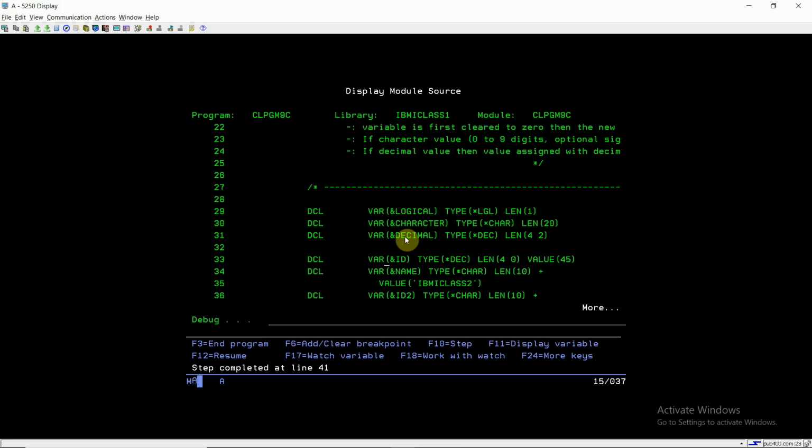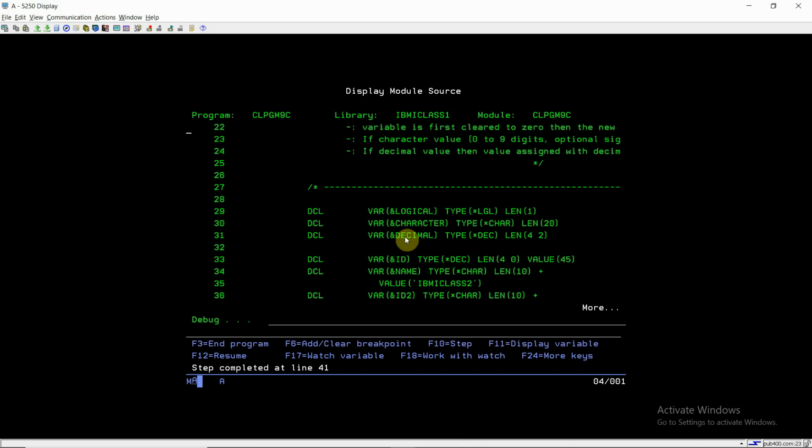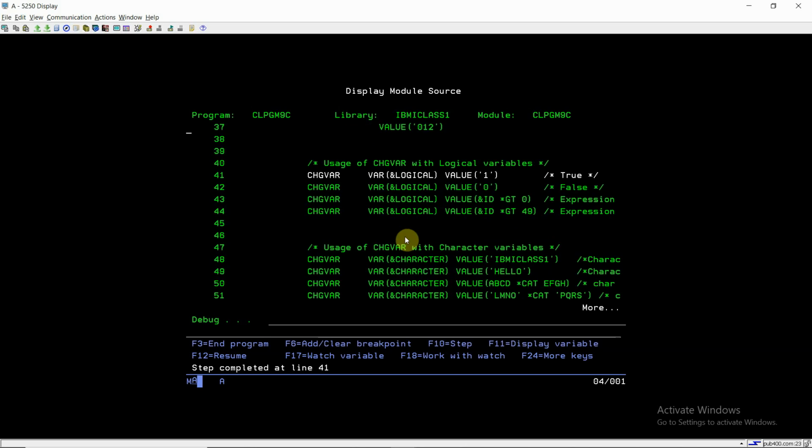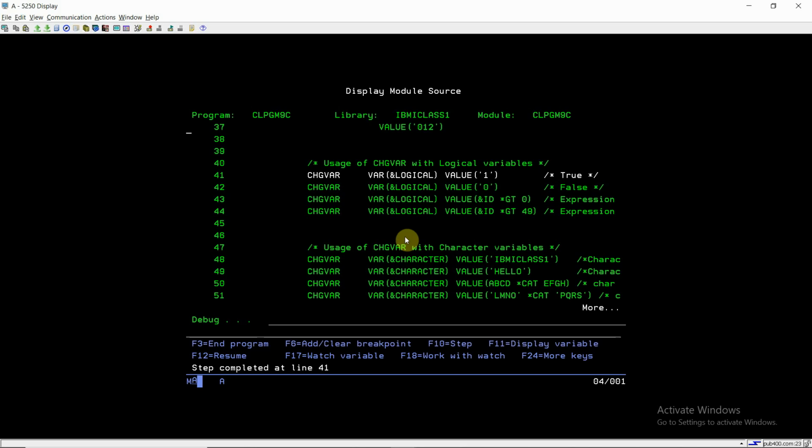So I took another variable, id, of length 4,0, so the value will be always like 4444. So there is no decimal place in this case. The value I have assigned is 45 during the declaration, and the name is character length 10, IB my class 2, and id2 of type character and the value is 012.